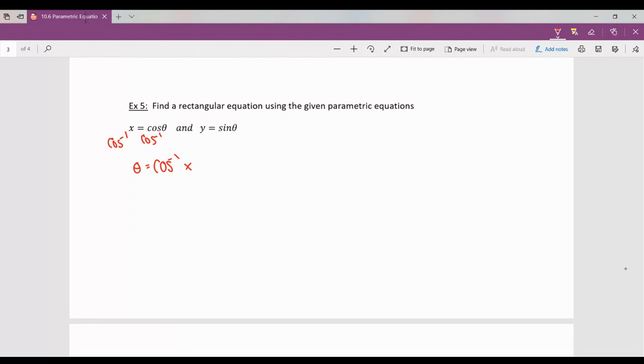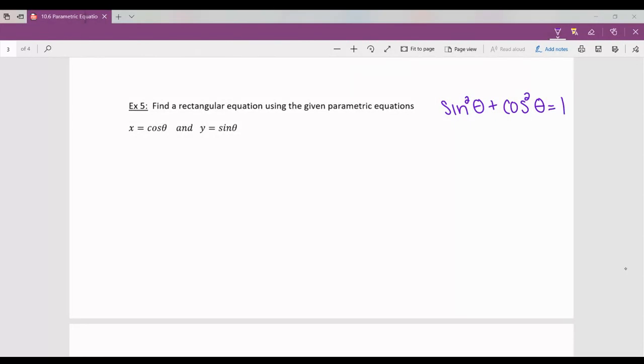Ugh, that is not looking nice, because then I would have to plug in cosine inverse x here. So it would be sine... There's got to be an easier way. So I'm going to erase that. Nope, nope, nope, nope. Not happening. There's got to be an easier way. And yes, there is. One of the things that we can look at is that when we have sine and cosine, we learned a little equation with sines and cosines that we're going to revisit, which is the fact that sine squared plus cosine squared